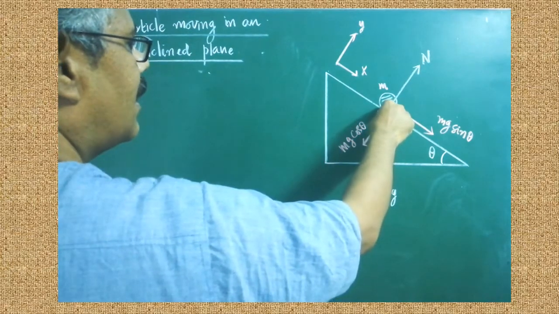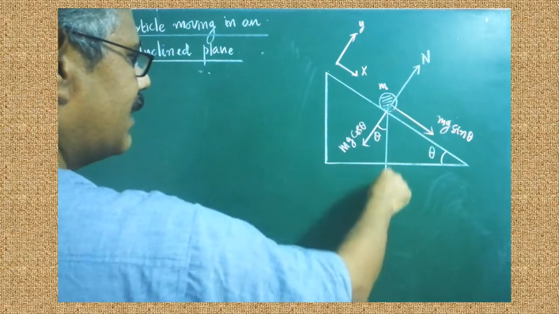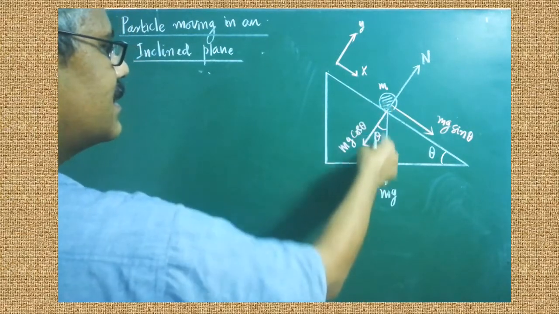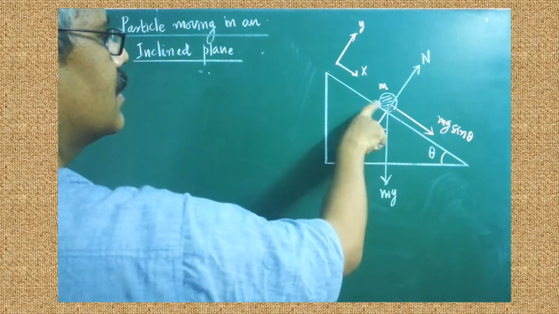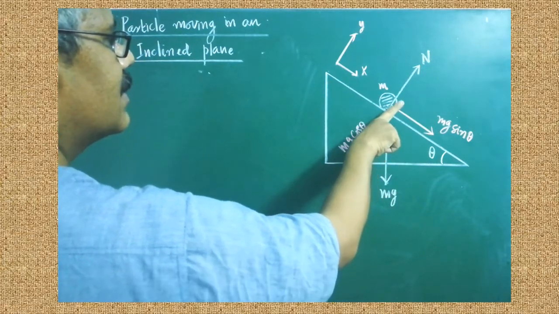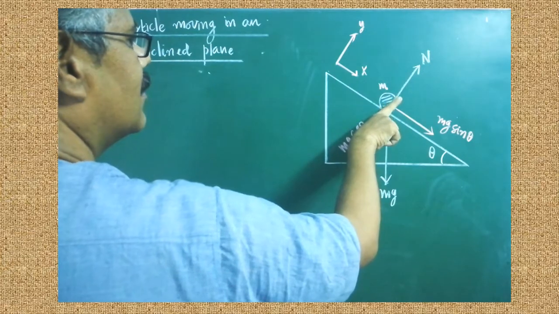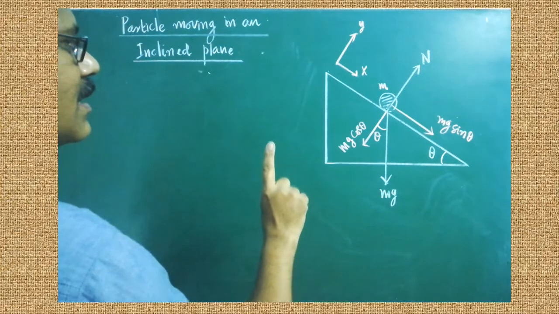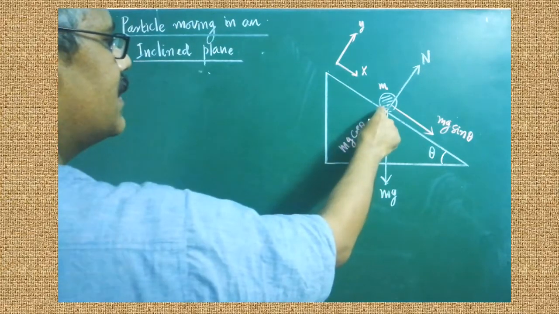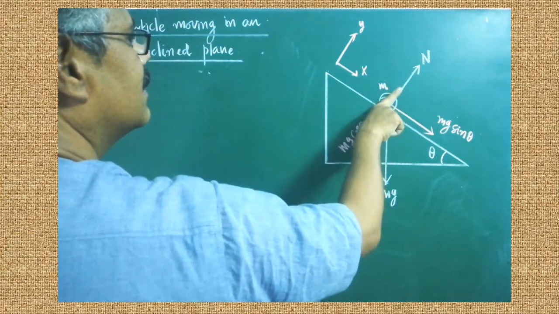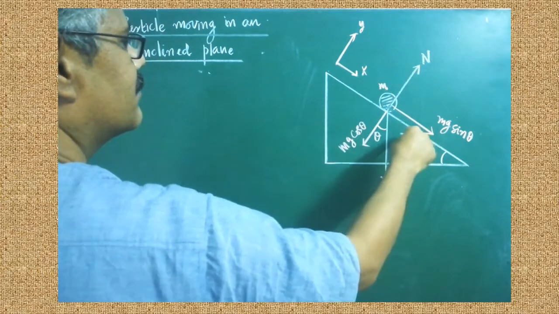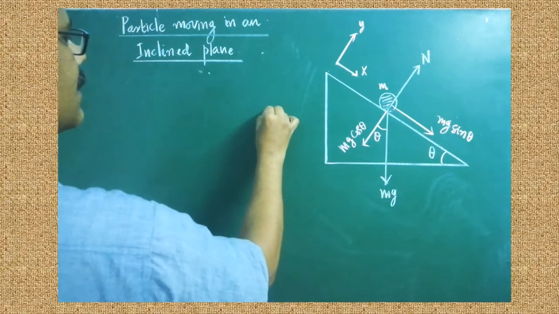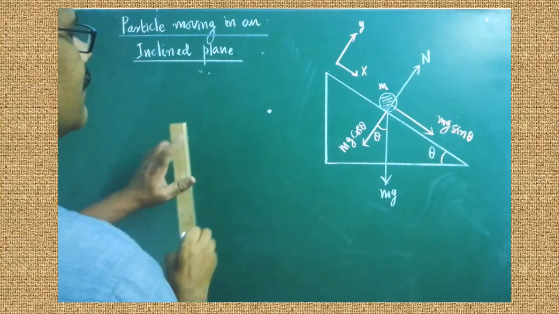Look here, on the body the downward gravitational force is acting. Its magnitude is mg. So this is the direction of the gravitational force. Perpendicular to the surface at the point of contact, one force is acting. You know that whenever anything is placed on a table, there is a perpendicular contact force exerted by the surface on the body. That is called the normal force. The normal will always be perpendicular to the surface. So normal force and gravitational force are both acting, and that is to be represented in the free body diagram.